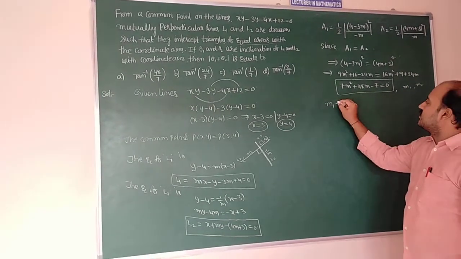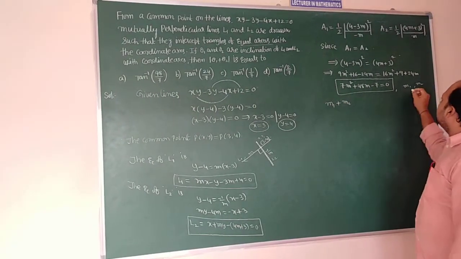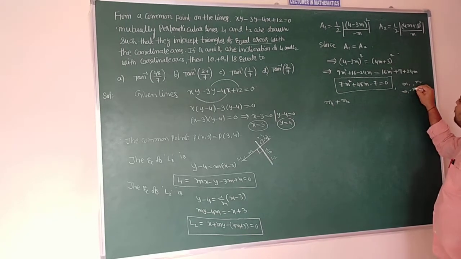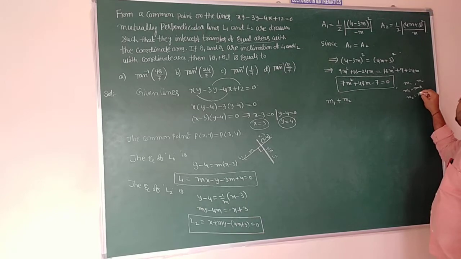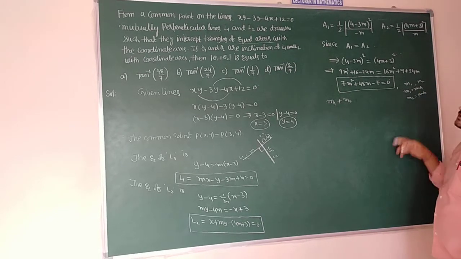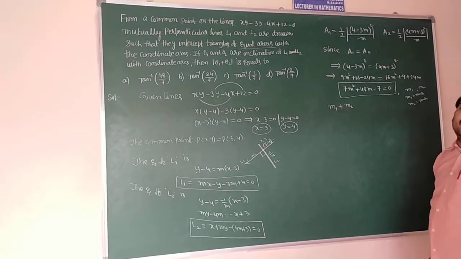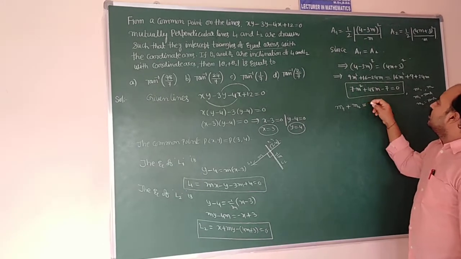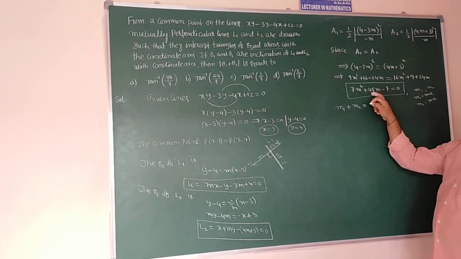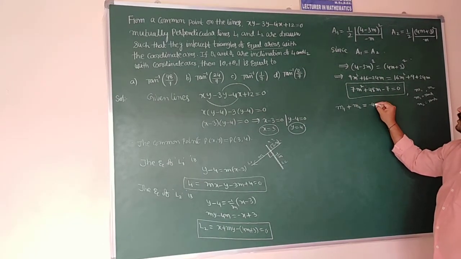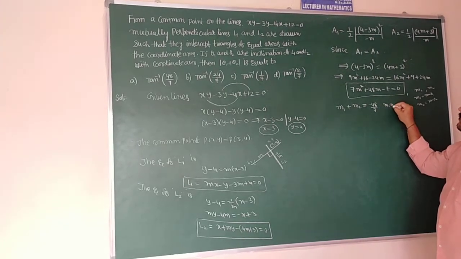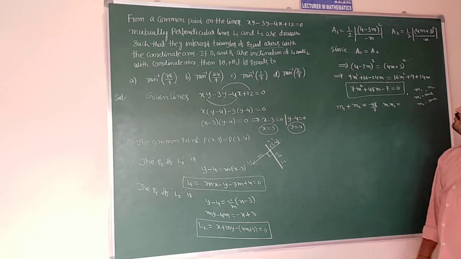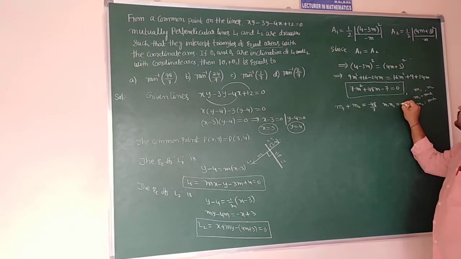Sum of the slopes: m1 is equal to tan theta 1, remember the inclination of the first line L1, and m2 is the slope of the second line, denoted by tan theta 2. For the quadratic equation, m1 plus m2 is minus b by a. So b is minus 48 and the a value is 7. And the product of the slopes m1 m2 is equal to minus 7 by 7, that means minus 1.